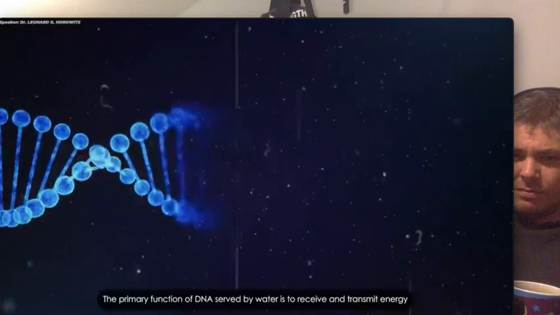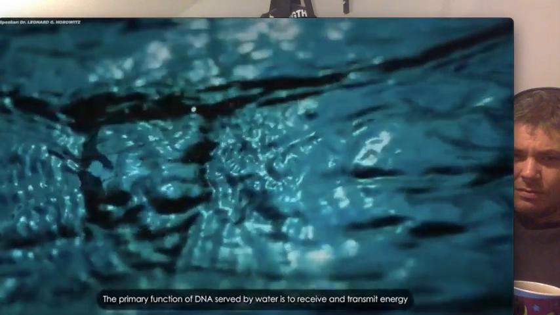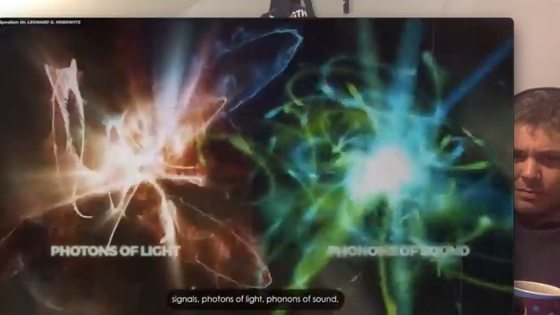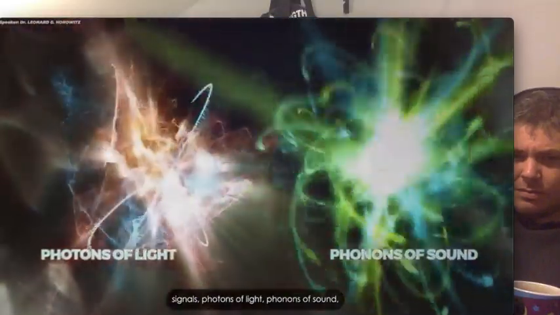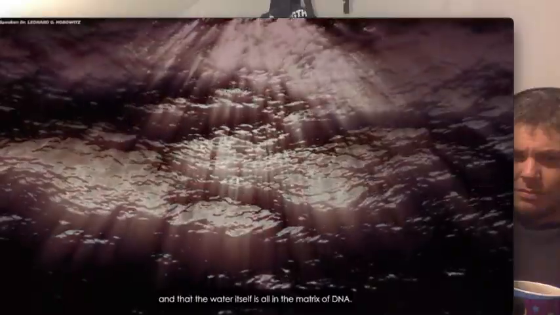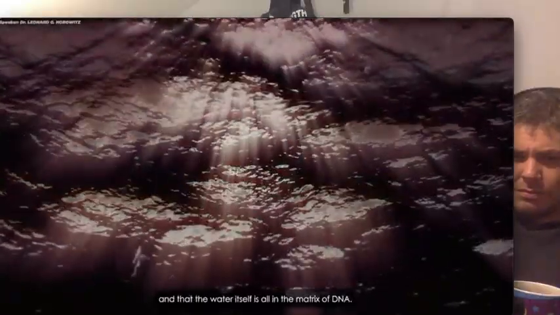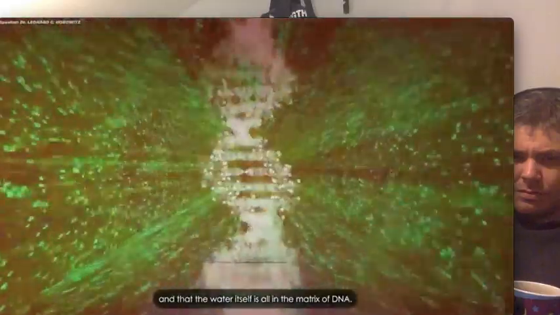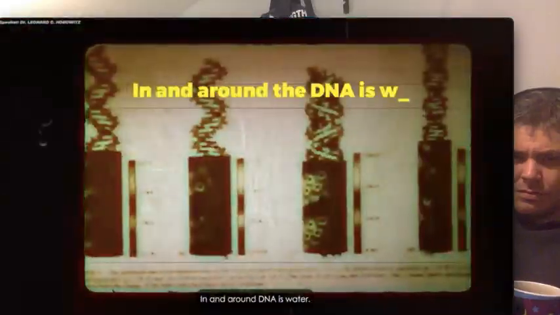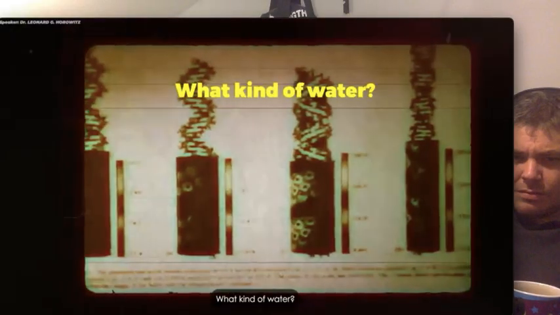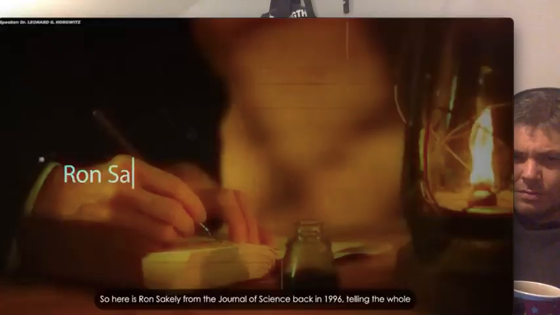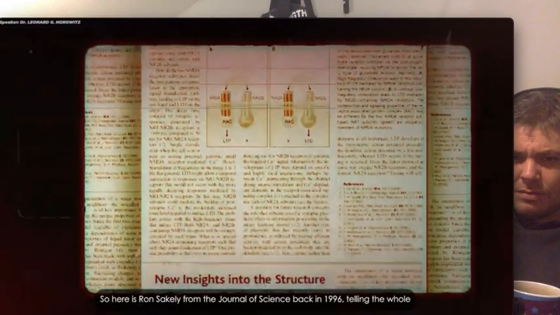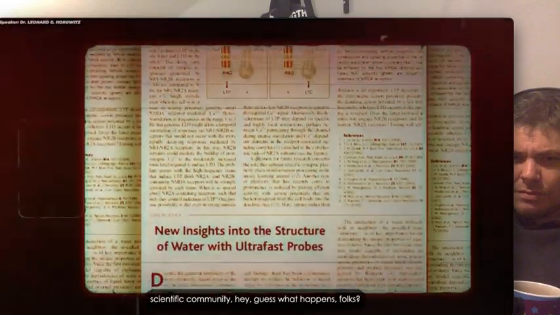The primary function of DNA, served by water, is to receive and transmit energy signals. Photons of light, phonons of sound. And that the water itself is all in the matrix of DNA. In and around DNA is water. What kind of water? Structured water. So here is Ron Sakeley from the journal Science back in 1996 telling the whole scientific community, hey, guess what